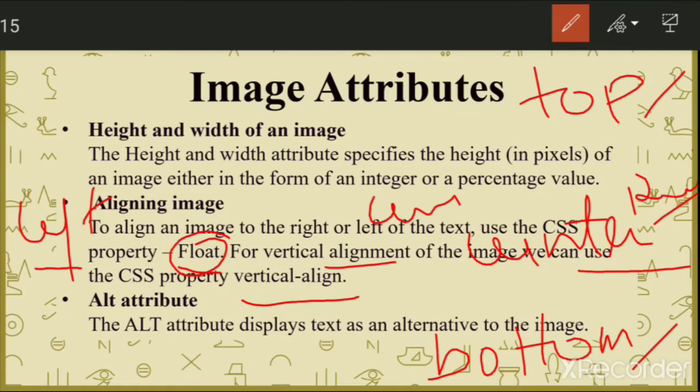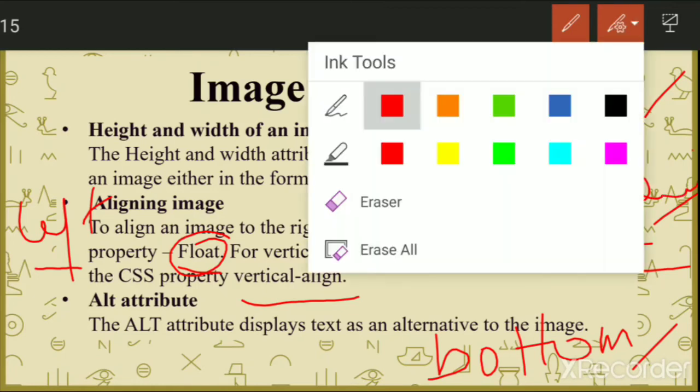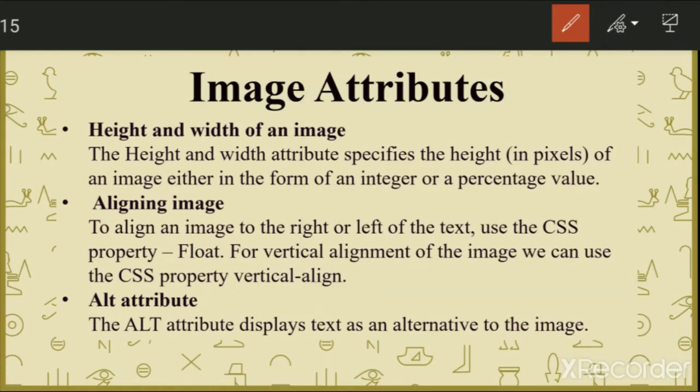The last property is the alt attribute. The alt attribute is an important property, and it was basically designed for blind people. When a person using the browser is visually impaired, he is not able to see the image.